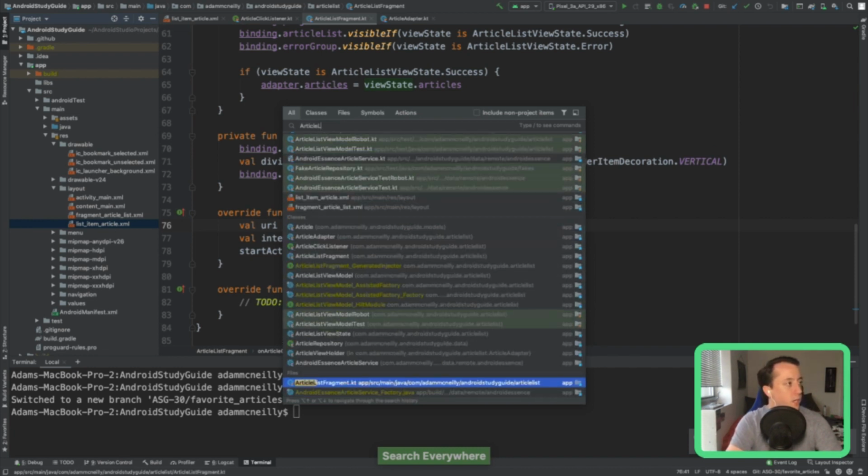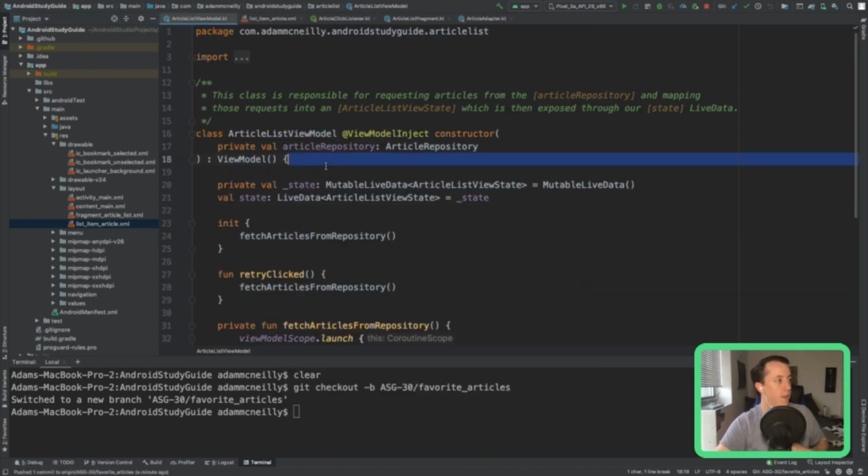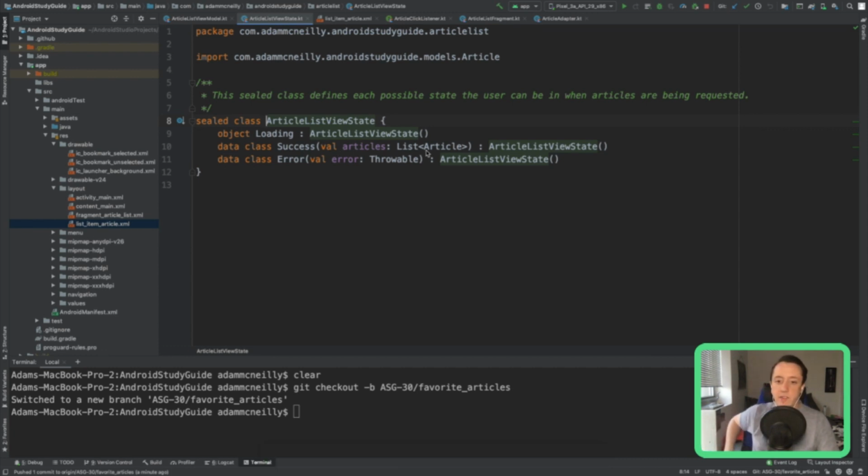One thing we could do is in our article list view model. The article list view model has this view state live data, and it has this success state with a list of articles. So what I could do is every time you click on an item, I just manipulate that specific state, and it would just be specific to that app session, really, as long as that view model is alive, which isn't the best thing, but it would be a way that we could build a proof of concept here.